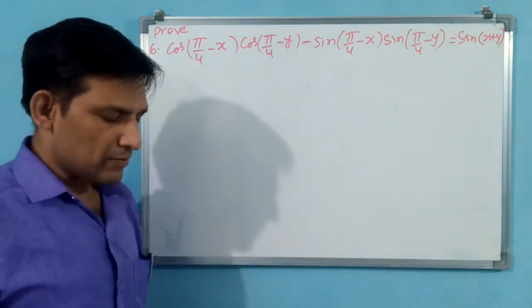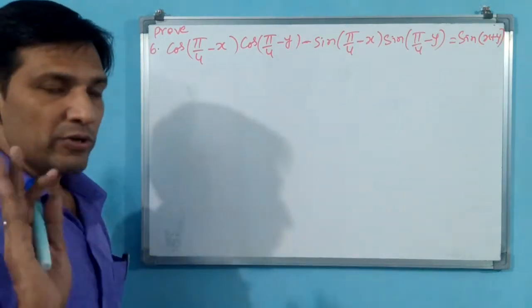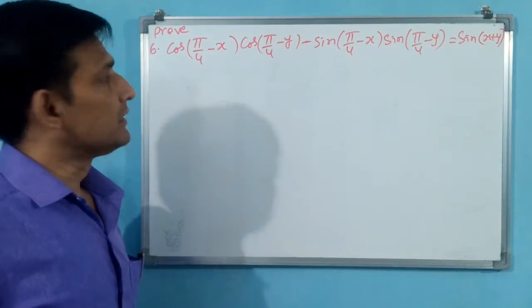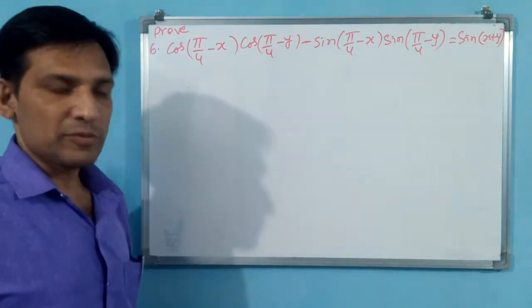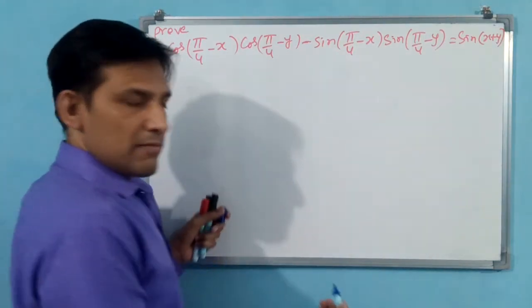First you write those two formulas here. Why? Because see, those formulas you have to learn by heart. That is why I am always telling again and again. Otherwise you cannot do such problems. Okay. Now I am writing the formula.